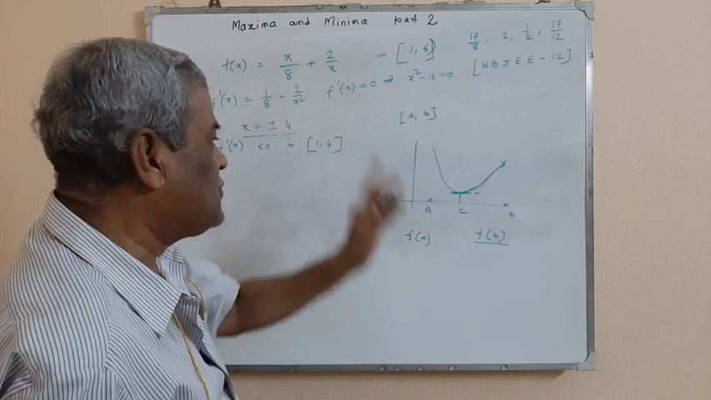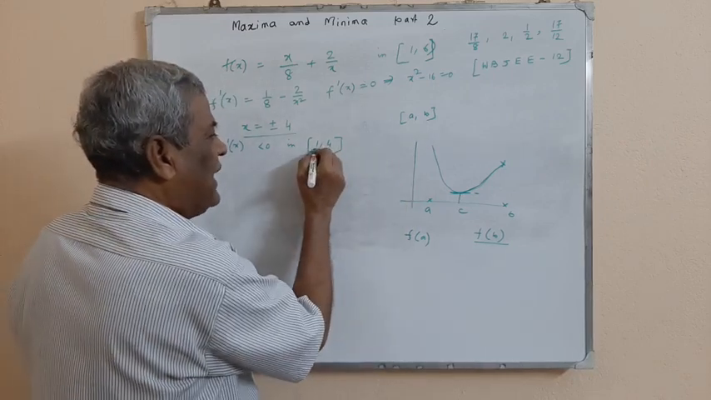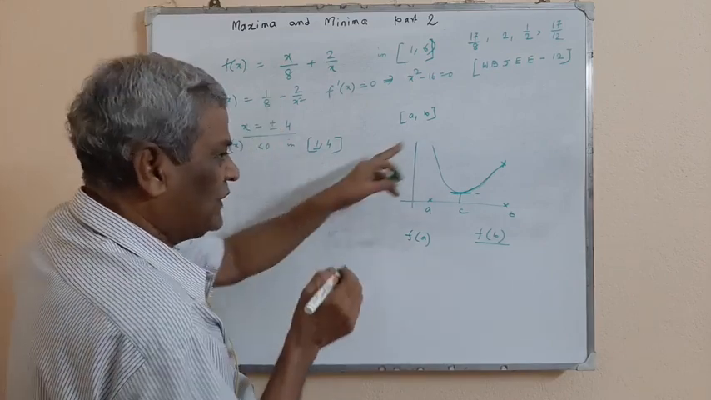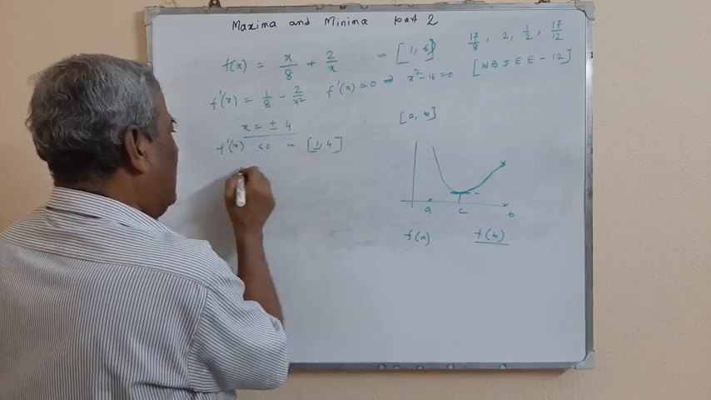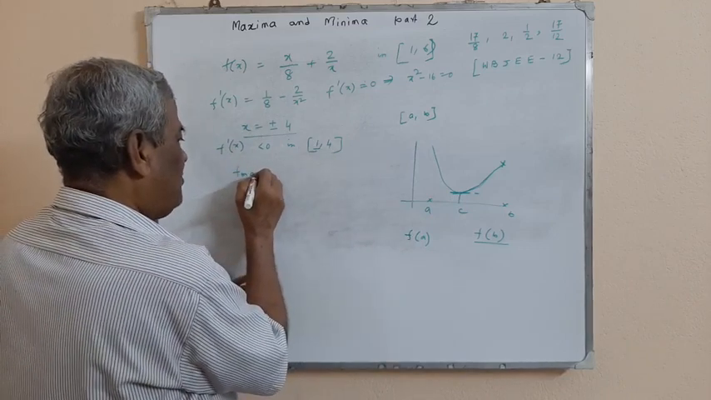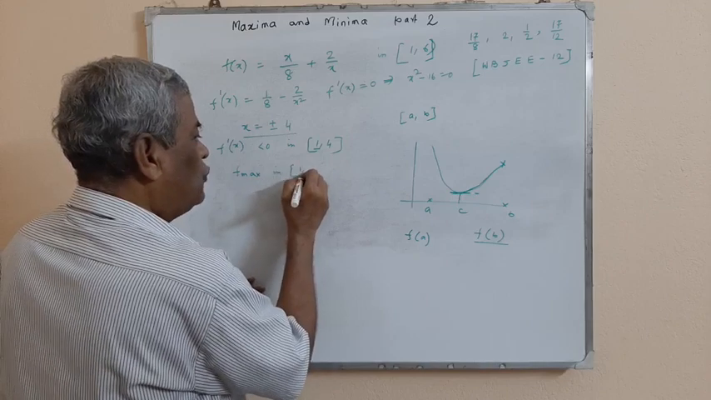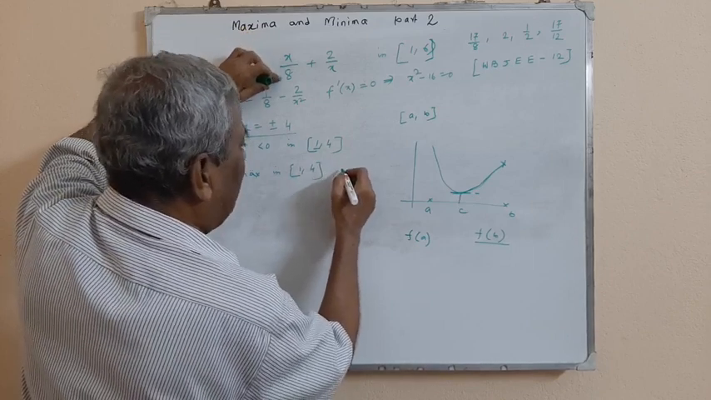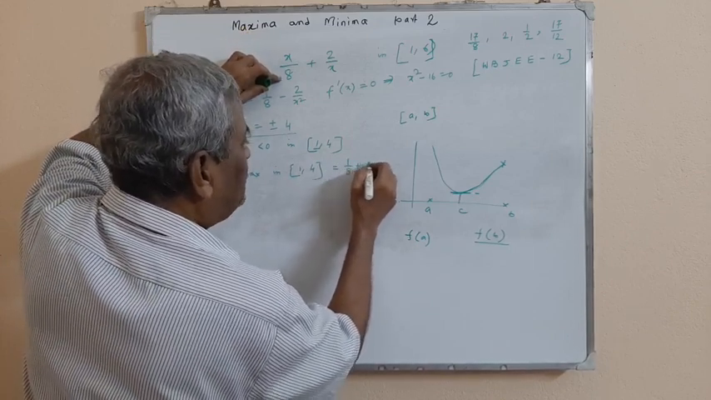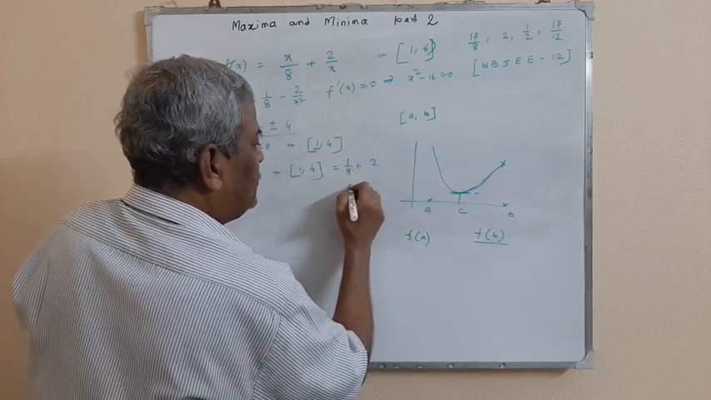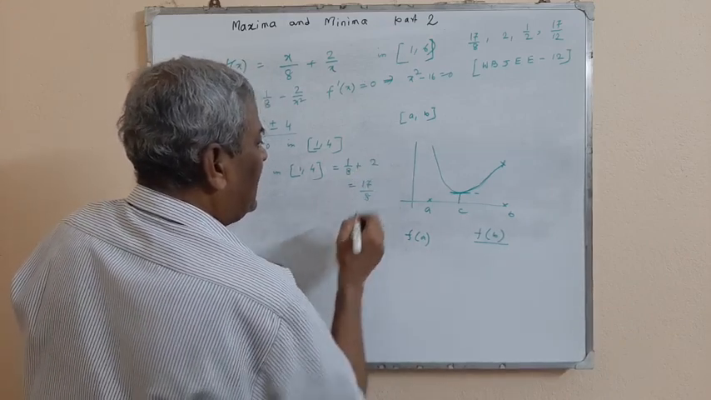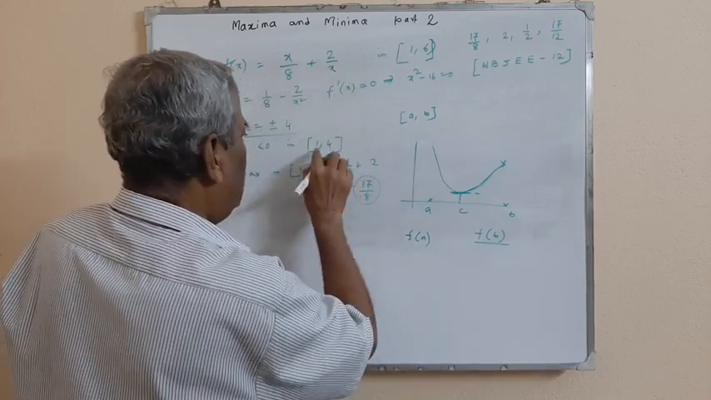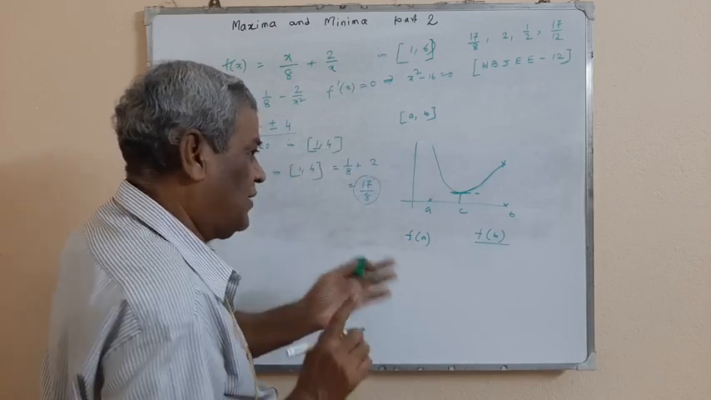Since it is decreasing, its maximum value must be at the point x is equal to 1. So the maximum value for the range 1 to 4, f max in 1 to 4, is equal to, putting 1 there, 1 by 8 plus 2, that is 17 by 8. 17 by 8 is the maximum value of that function in the range 1 to 4 where it is decreasing. Next,